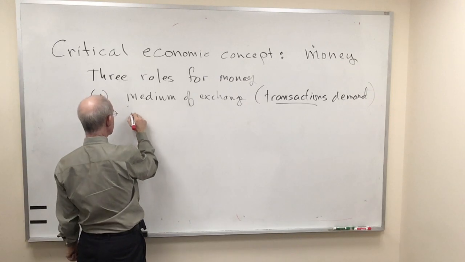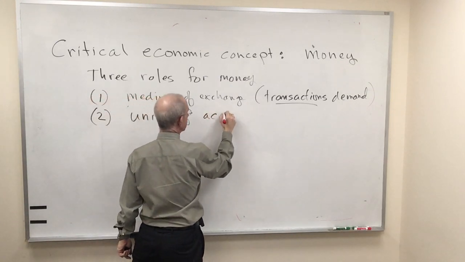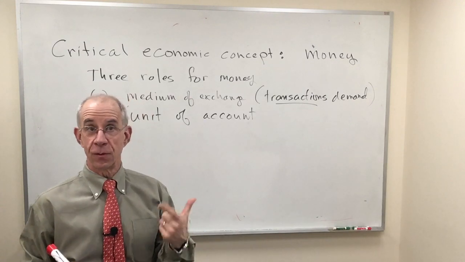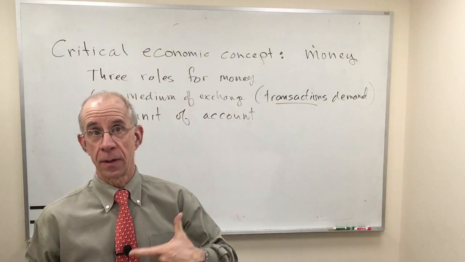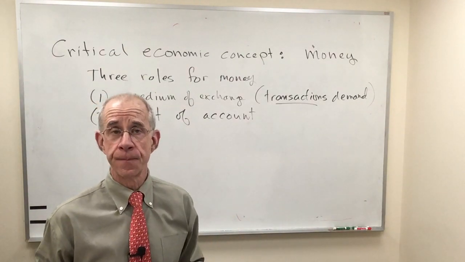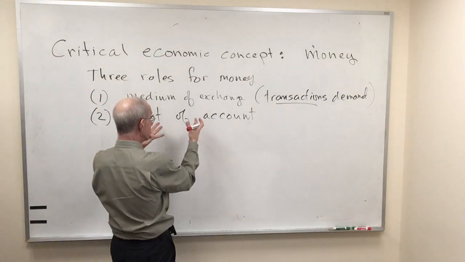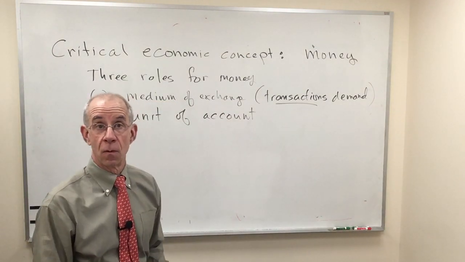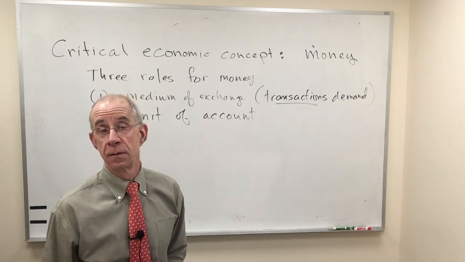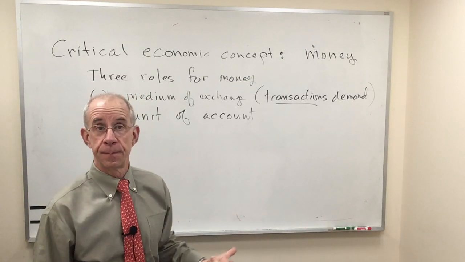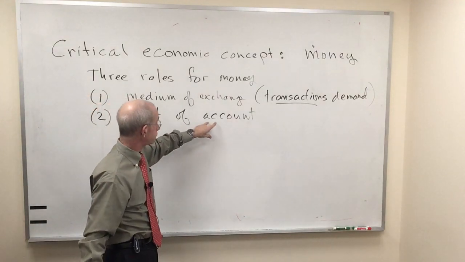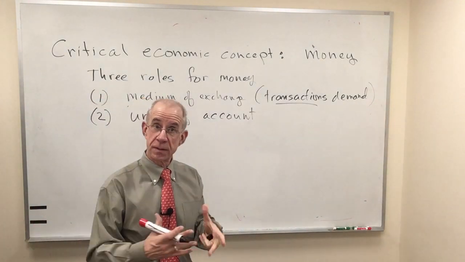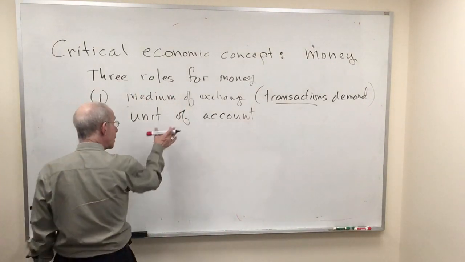Money is also a unit of account. It's a way to add up the value of your assets, the revenue of a firm, or your income as a worker. And so we use dollars in the United States to evaluate the value of a house, or how much I had to pay for a dinner last week, or how much I had to pay for a movie. It's what a firm would use to look at whether or not they're making profits. Okay? So it's this accounting unit. Also important,